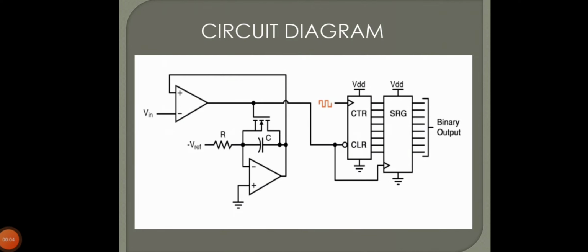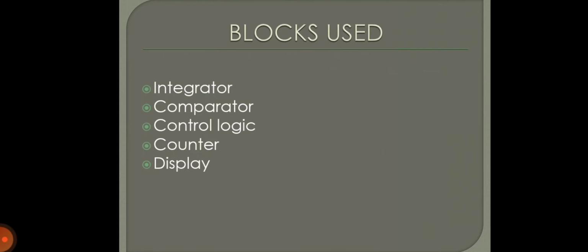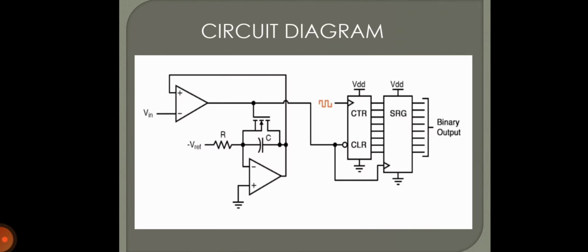I am going to explain the circuit diagram of the single slope analog to digital converter. It consists of an integrator, comparator, control logic, counter and display. Since this is a single slope A to D converter, the integrator of the circuit depends upon the resistor and capacitor. The analog voltage is converted into proportional time by using this integrator, and then the proportional time is converted into a digital value by using control logic and counter, and finally the digital output is shown in